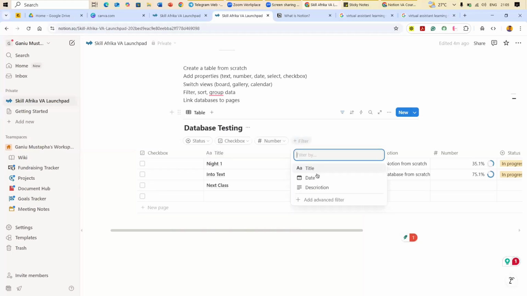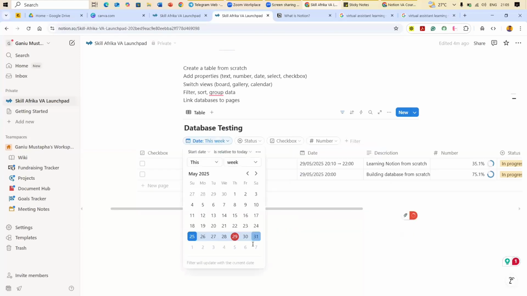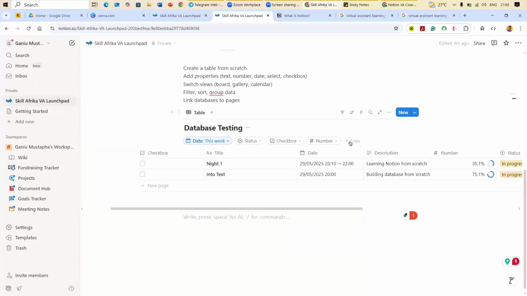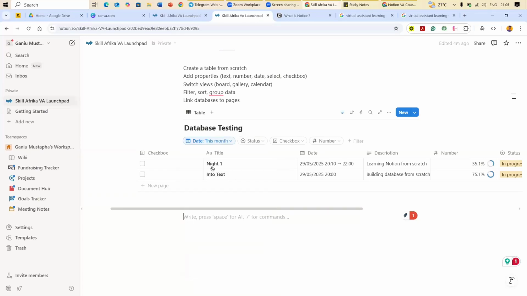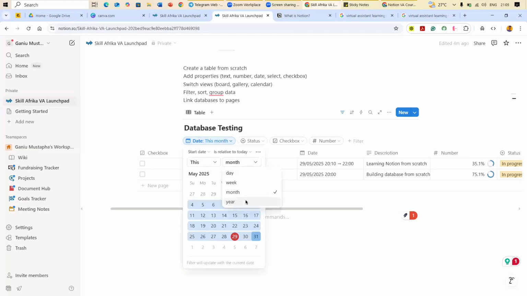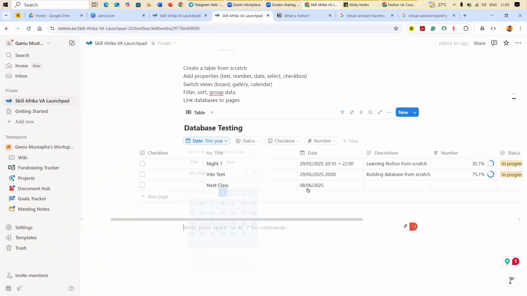So I have to delete that. Let me add the date back here. Sorry, my people. I want to show the one I'm just adding back now. Let me leave it as month first. Yeah. So okay, no, it's not even going to be in the month. Let me leave it as next month. Okay. So let me edit this. The description is going to be